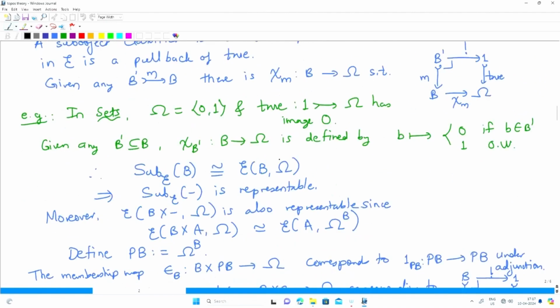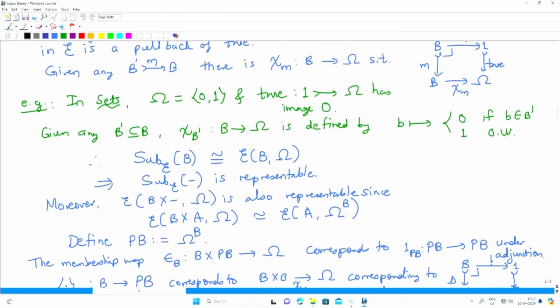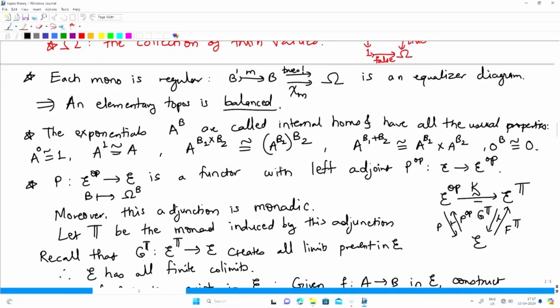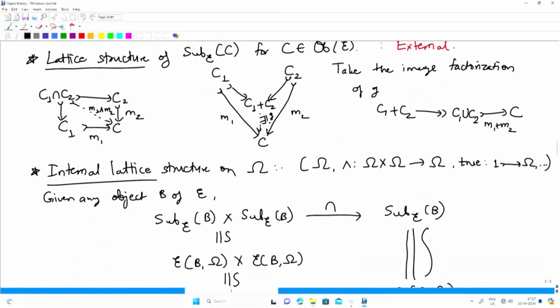Therefore the Sub functor is representable, I mean co-representable to be proper, and the power objects also exist,